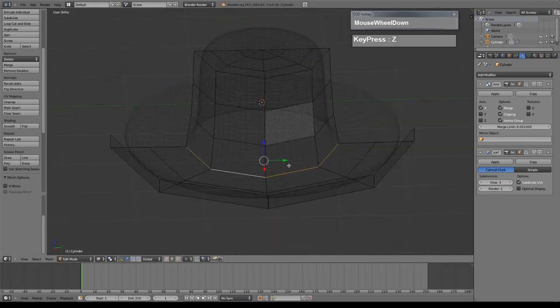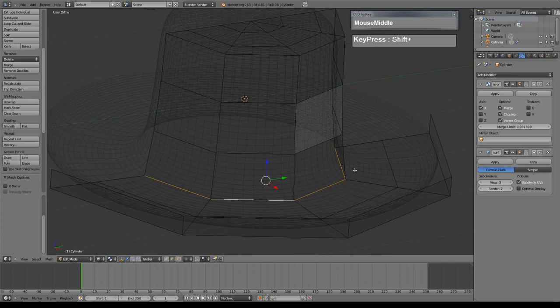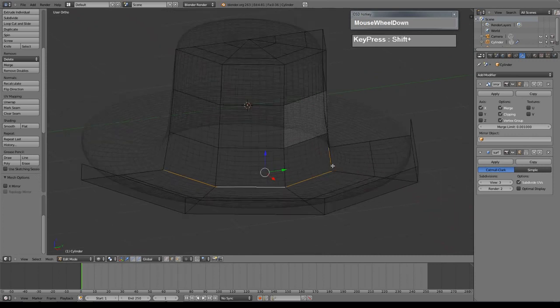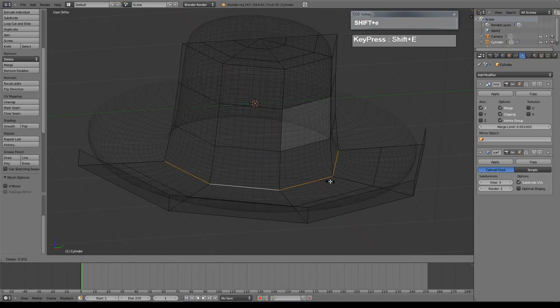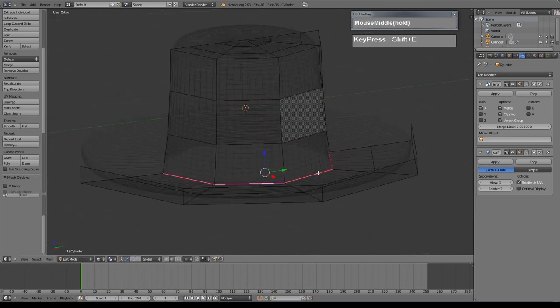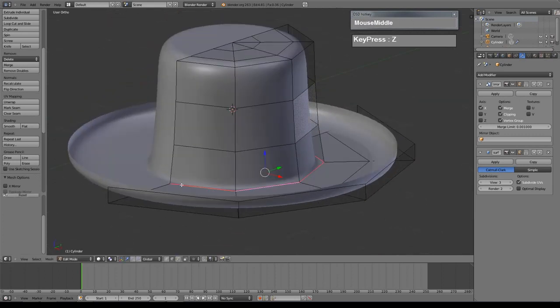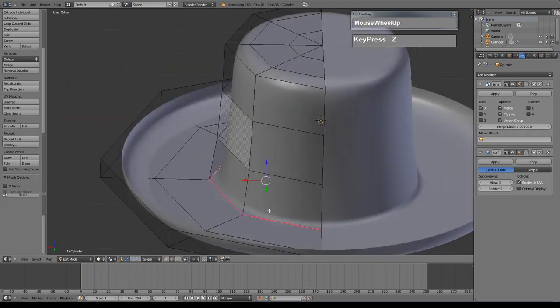So you can see the edge is now being selected here, and we can increase the creasing so the edge is more defined. So to do that, you press Shift E, and Shift E will actually crease it. You can see as I pull the cursor away from the edge, the color actually goes to a reddish pink color. And if I go to shaded mode, now you can see I have a much more defined edge